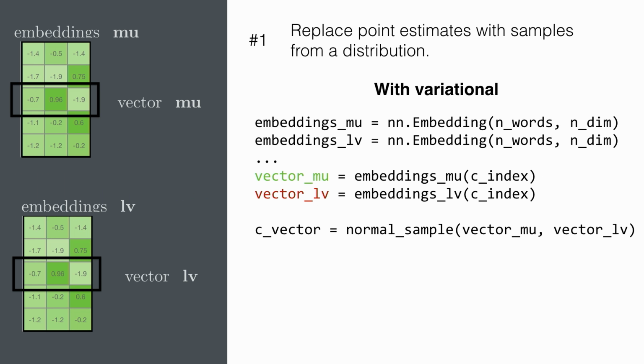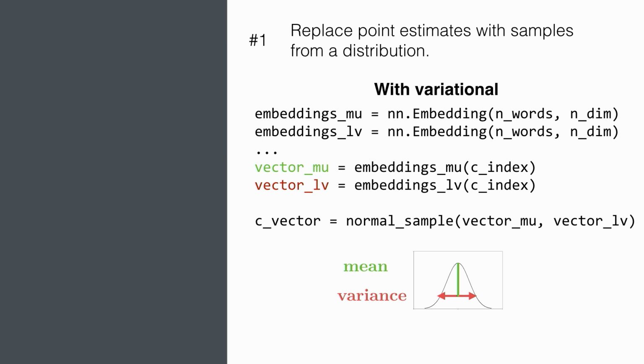And now here's what it looks like with the variational mode, right? So now I'm going to have a mean vector. I'm going to have a log variance vector. So instead of one matrix, I now have two matrices. Instead of one vector, I have two vectors. And what these two things are doing is that they're parameterizing one distribution for me, right? So that vector mu and that vector LV, well, that's going to set the mean of my distribution. If that vector is a little bit larger, it's going to shift that distribution to the right, at least in this figure. If that log variance is larger, it's going to make that distribution fatter. If that log variance is smaller, it's going to make that distribution skinnier.